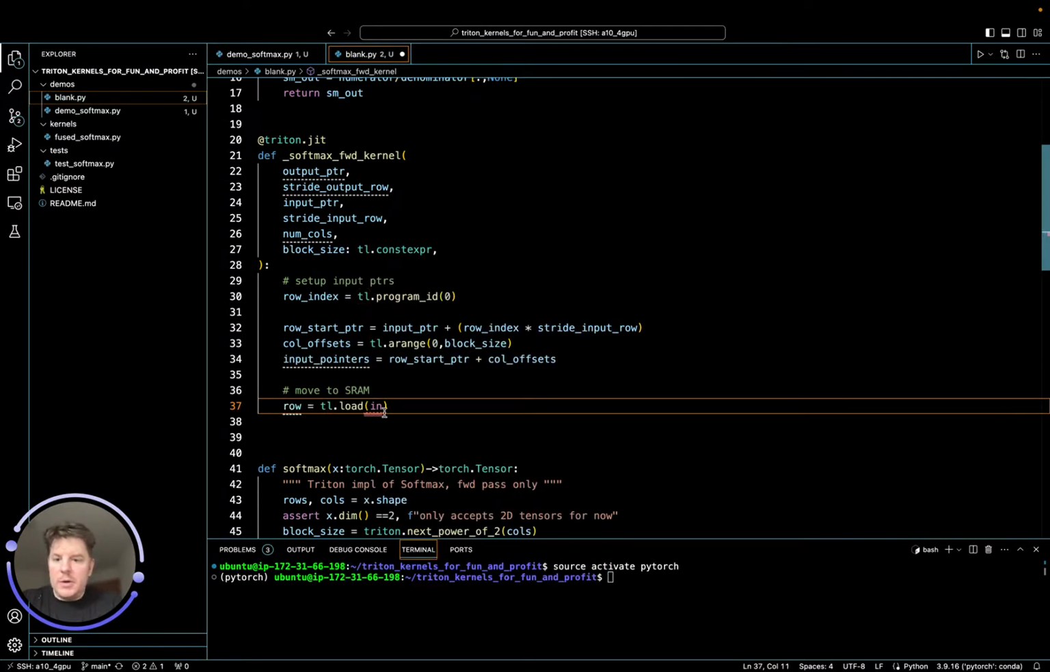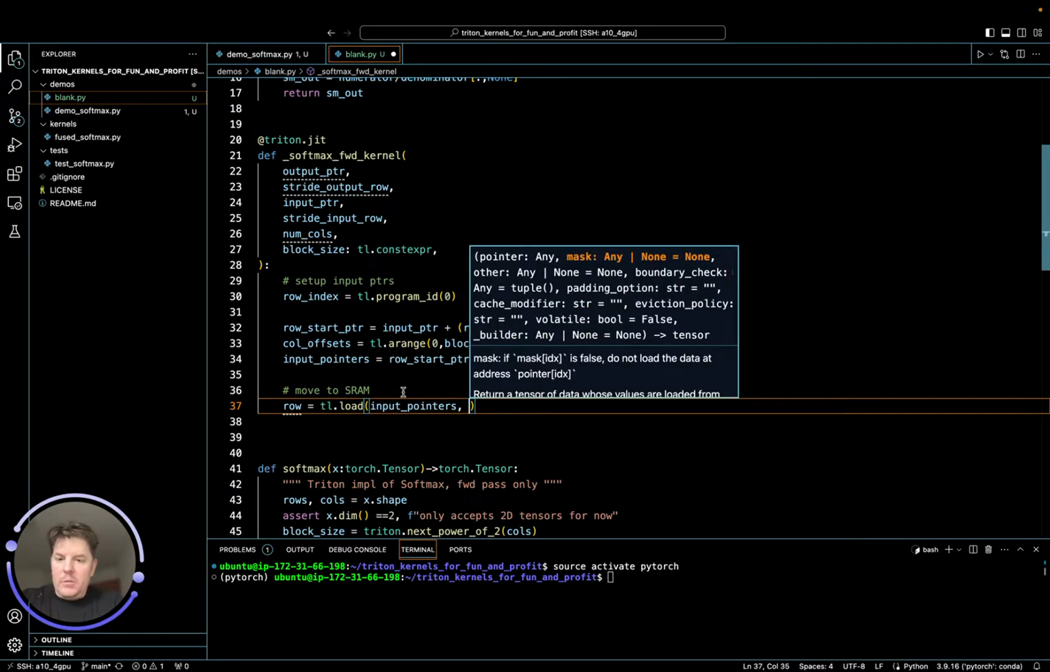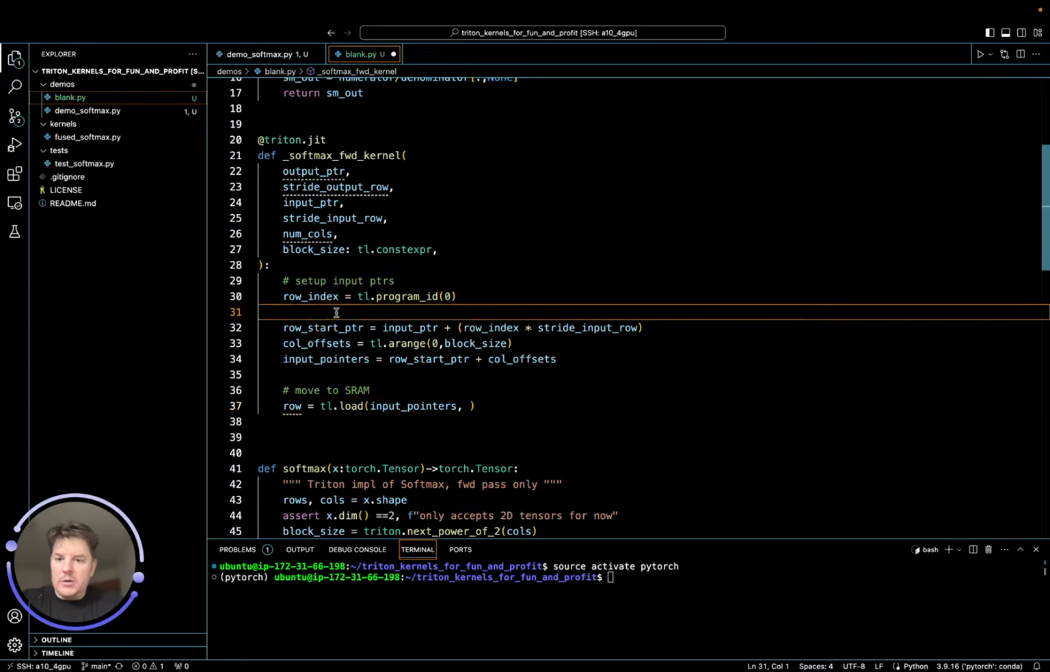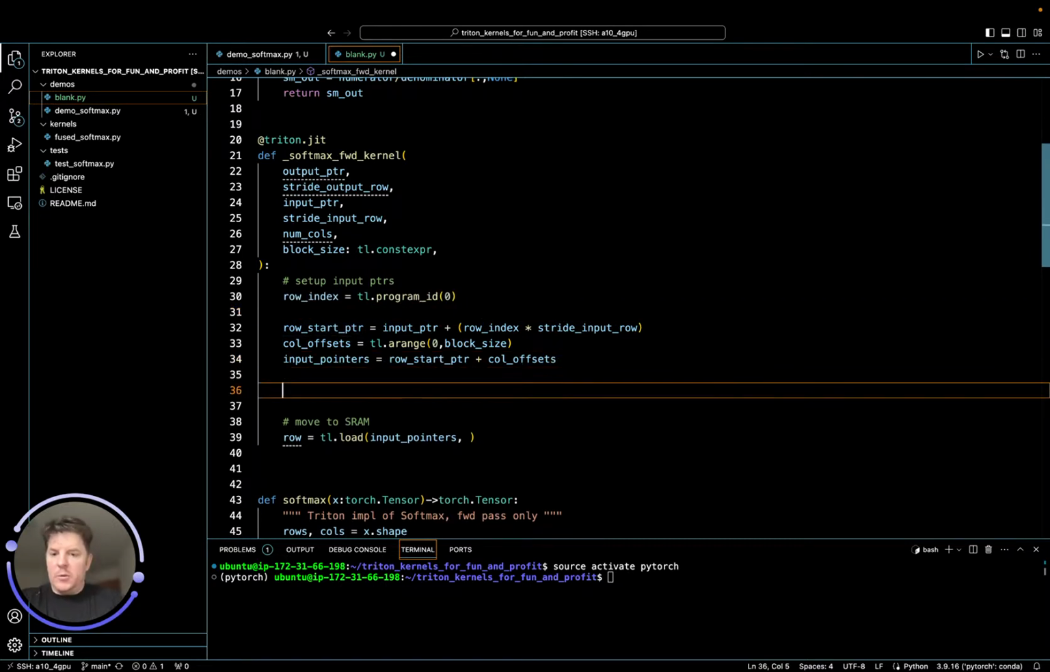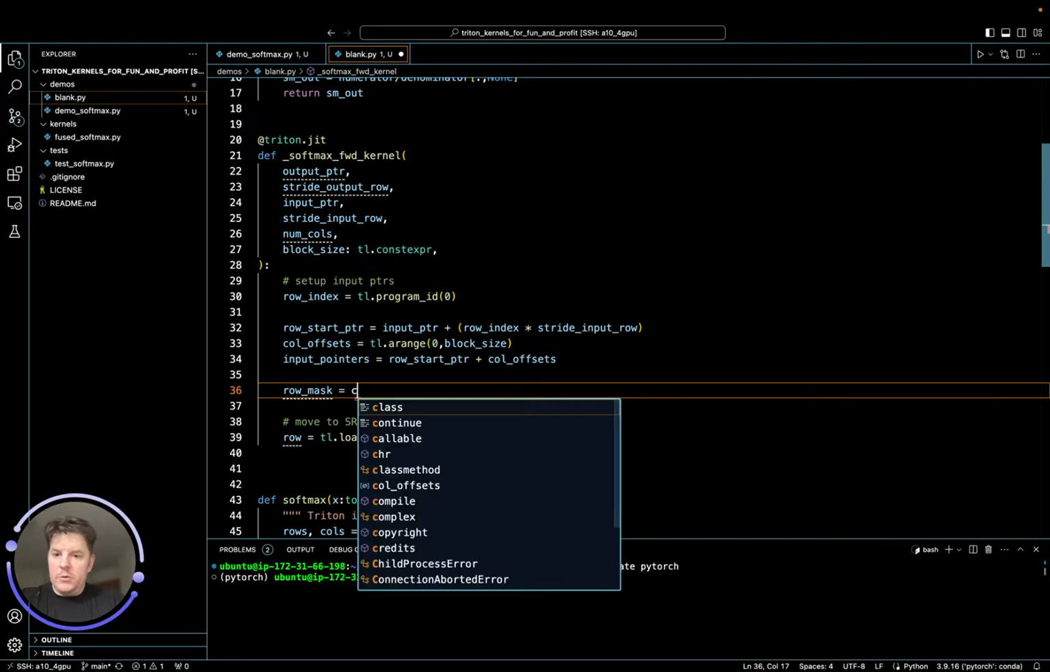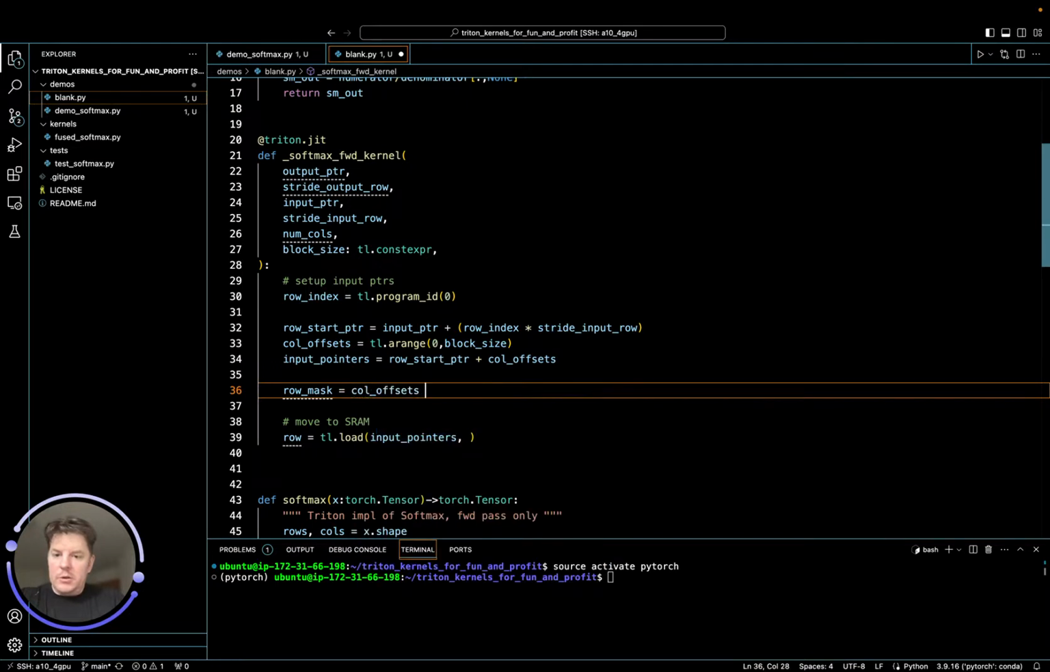This will be the row. We'll pass this back once it's loaded. Input pointers, and mask, as I talked about. For the mask, we want to use column offsets, and let's set up a generic mask because we'll reuse it when we write back out. Let's call this row mask equals column offsets must be less than num columns. This is why we passed in num columns, so that we know what's the valid data versus not,